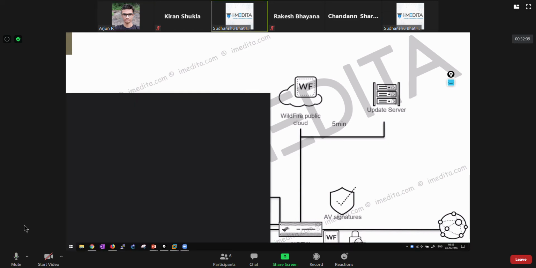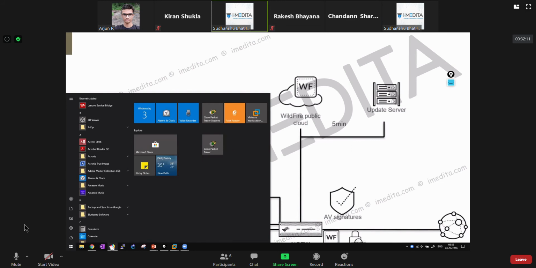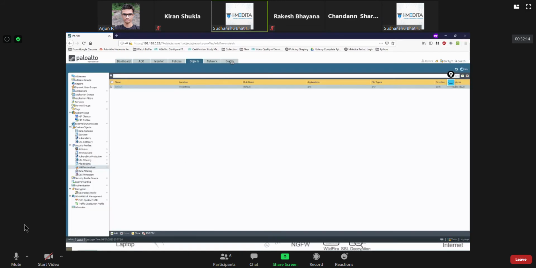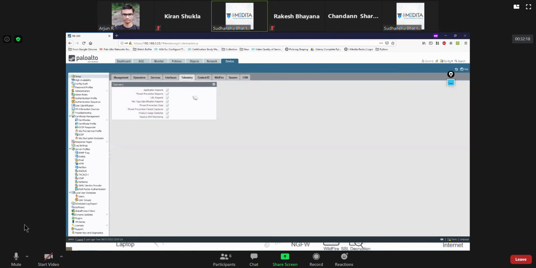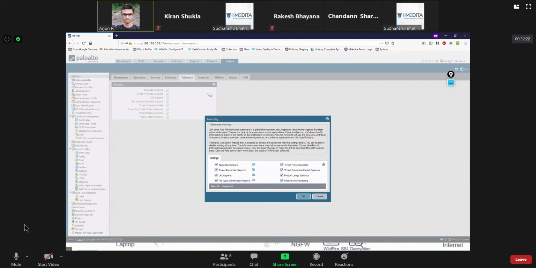No. See, telemetry configuration was separate compared to WildFire. For telemetry, you went to Device and set up telemetry. Telemetry is not giving you updates for just viruses.